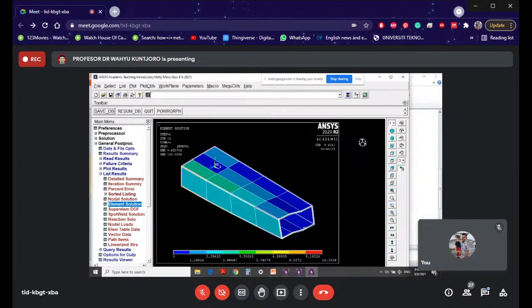You have done bar, you have done truss, you have done frame, you have done solid, of course, and you have done a combination of frame and truss. Now we are looking at shell and also combination of shell and frame. So with that, then you have all the elements that you need to solve your engineering problem for structural static